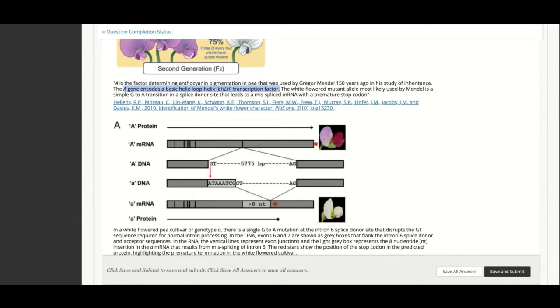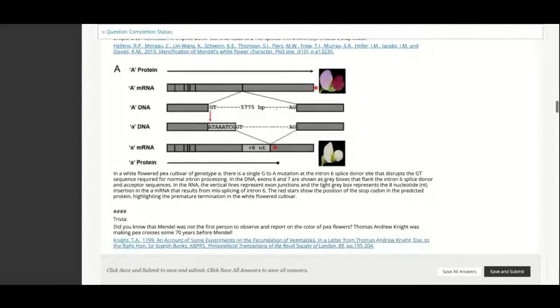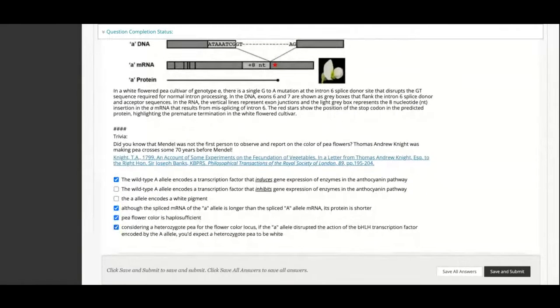So haplosufficiency is that this transcription factor does the job even if you have only one copy of it, and this second copy doesn't mess with the action of that one. If it influenced the action of that, then you would have something somewhere in the middle. That would be incomplete dominance. But you know it's complete dominance, so it's haplosufficiency. And then the last one,